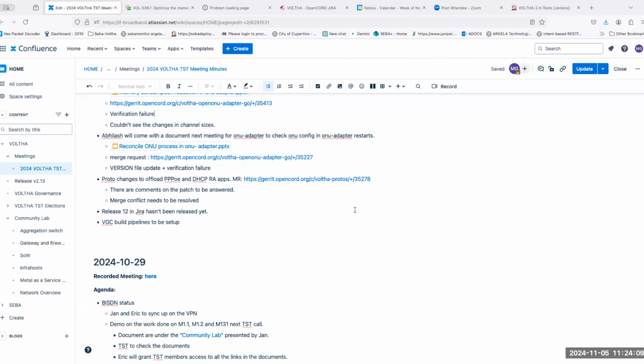Yes. For the next one about the reconcile ONU process patch, again, there's no version file update there, and the verification test pipelines are failing. So could you please fix this too? Yeah, I'll take care of it.